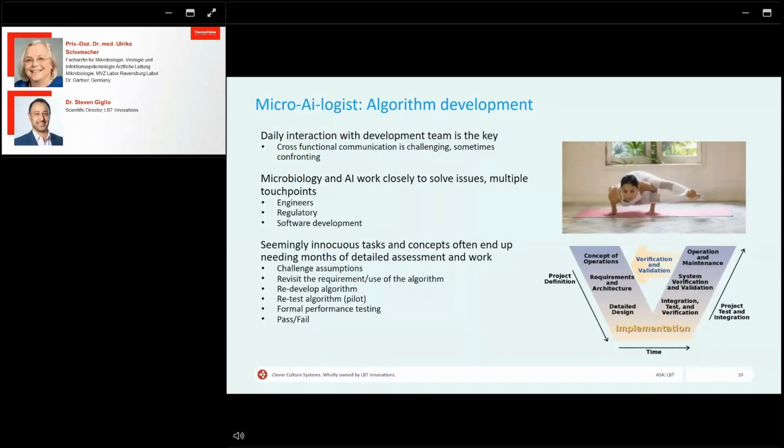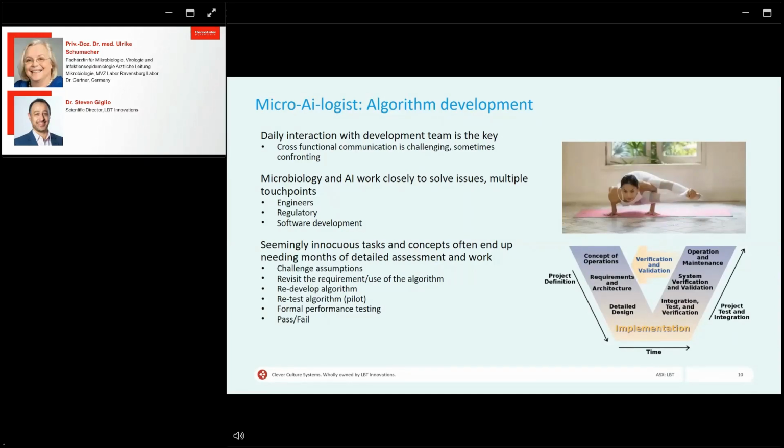So when you think of what a computer code is, it's essentially zeros and ones, and so the information is very literal and very binary. And when we go through the process of developing algorithms, we really need to dissect that thought process critically and objectively. The good thing with working with multiple people, like I said, the engineers, the regulatory people, the software people,